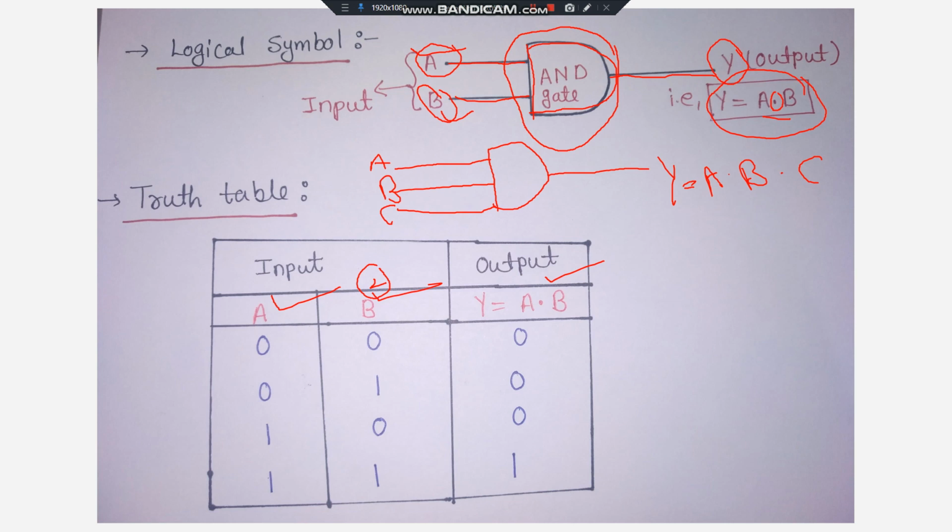So just remember that. See this formula, 2 raised to n. Okay, 2 raised to n, here n is what? N represents the number of inputs present. N means what? Number of